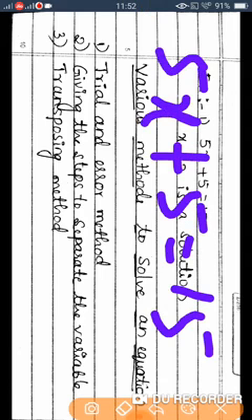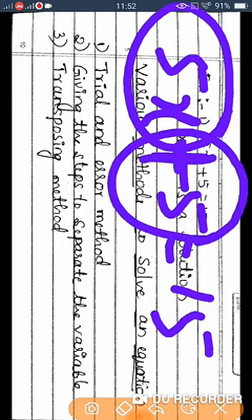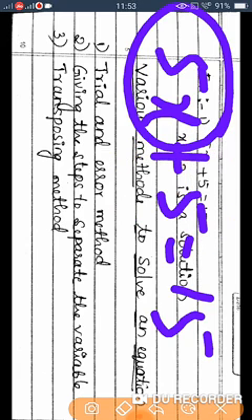In this method, this variable is 5x. We have to separate it on one side, whether it is the LHS or RHS. But here one more 5 is there. I don't want this plus 5 here, I should remove it. By which method can we do that? By subtracting. Plus 5 minus 5.